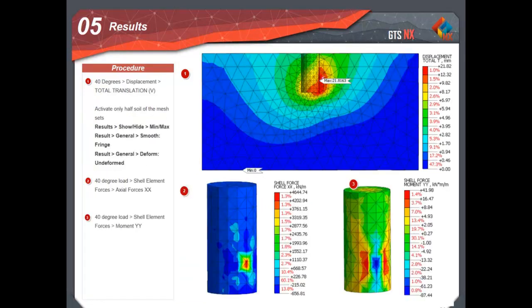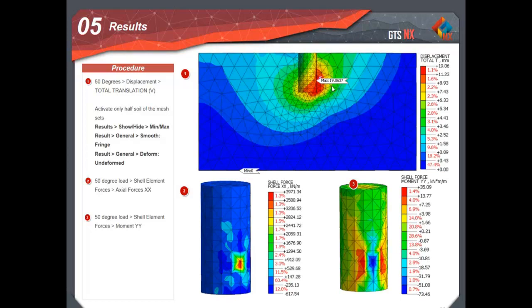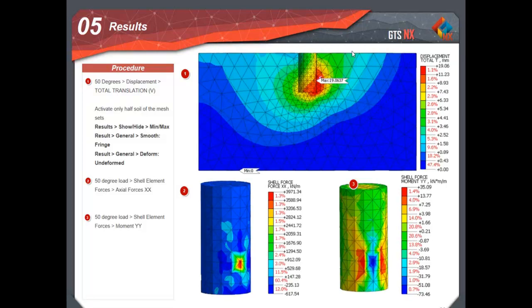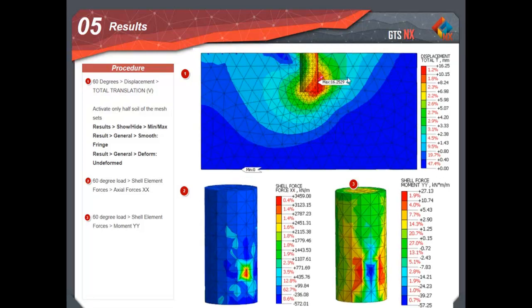The last thing this PDF covers is the other results. So we see that for the 40 degrees, we have a smaller displacement. It's not 24, it's actually closer to 22. Smaller actual force, smaller moment. For the 50 degrees, even smaller. And then lastly, for the 60 degrees, it's the smallest, which makes sense. You're pulling at different angles, and I think it's going to create a larger displacement sideways. But that's part of the test of this